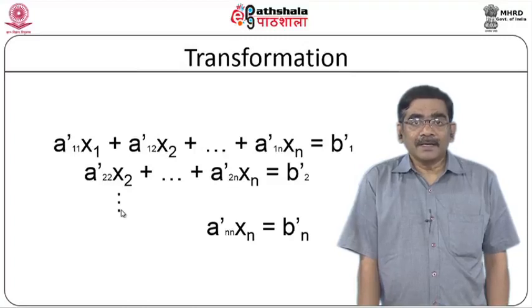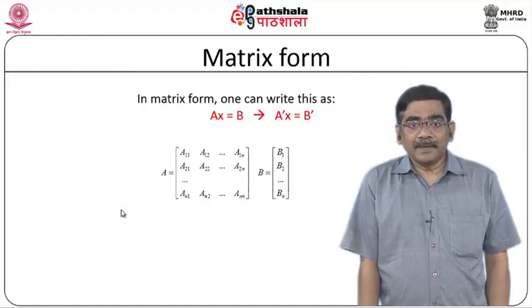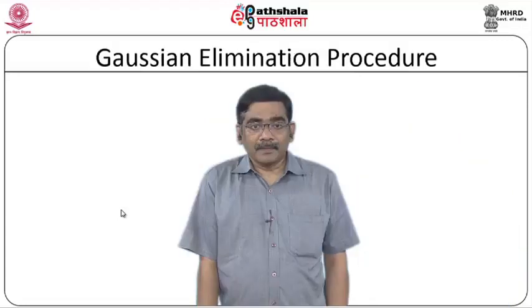Now you can see very well that you have an upper triangular matrix, which is more amenable to solution. Now I can use back substitution and solve this problem. In matrix form, I can represent the previous case as the problem of transforming Ax equal to b into another problem A prime x equal to b prime, where A and b are matrices like this. So, this is the matrix formulation of the Gaussian elimination problem.